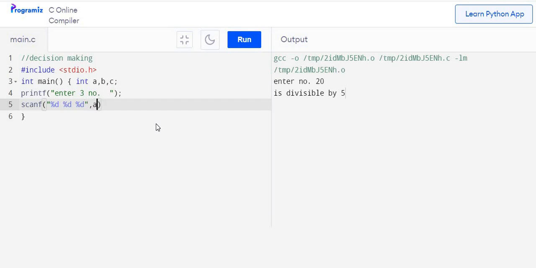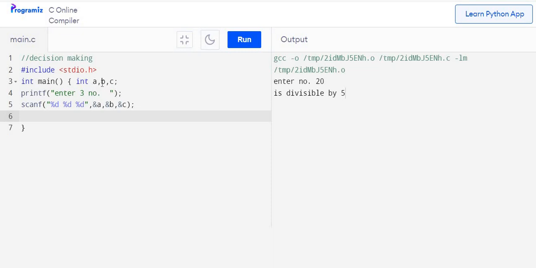So and A, B, C. So 3 numbers are read. In case of scanf, we need ampersand as an address location. Now 3 numbers we have. We have to find the largest. For finding the largest, at a time only, in the conditional operators only on the 2 operands the operator works.